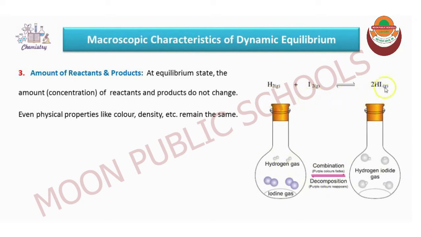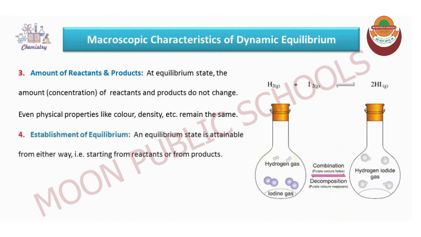When equilibrium is reached, the product decomposes to form reactant again. Iodine is purple in color. Purple fumes will evolve in the vessel, and colorless fumes will also evolve. That is the indication of the equilibrium state. When hydrogen iodide gives colorless fumes, from the decomposition we again get hydrogen and iodine, and the purple fumes will evolve out. That is the explanation, that is the indication of the equilibrium.